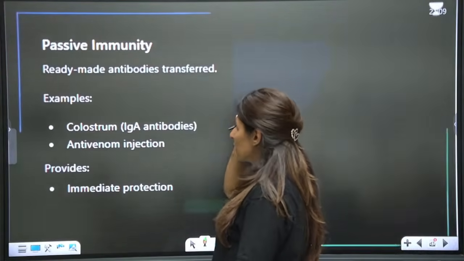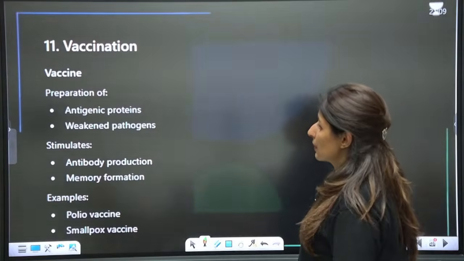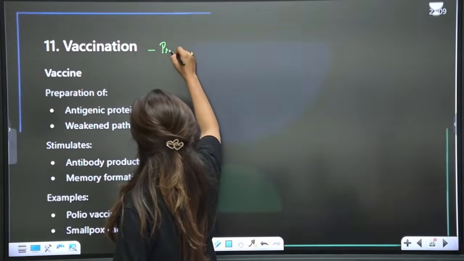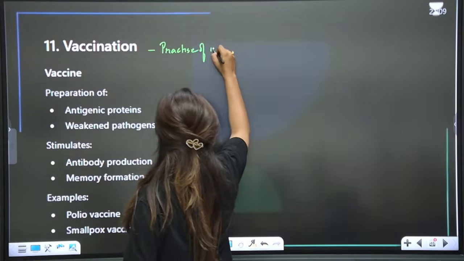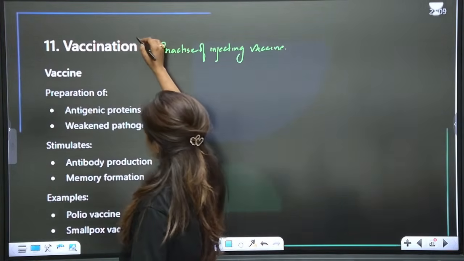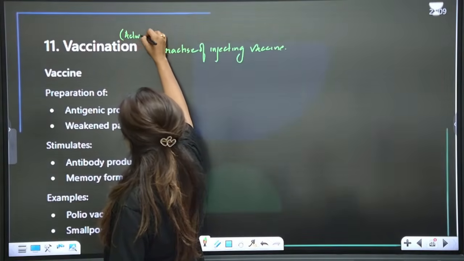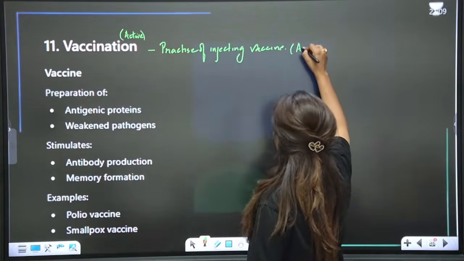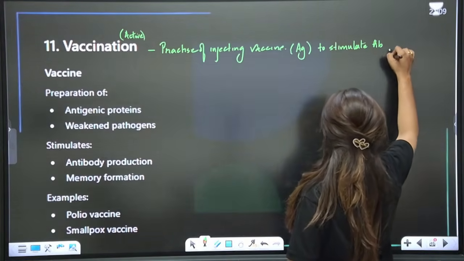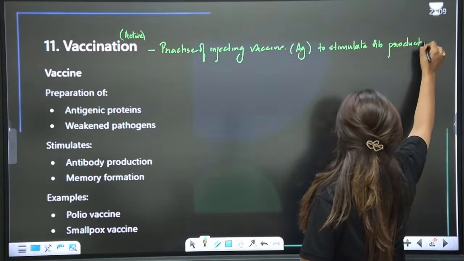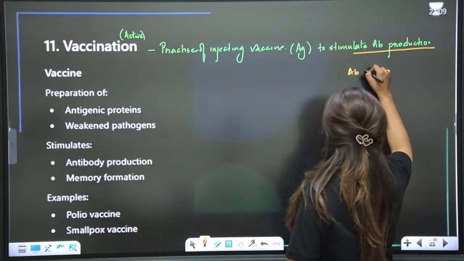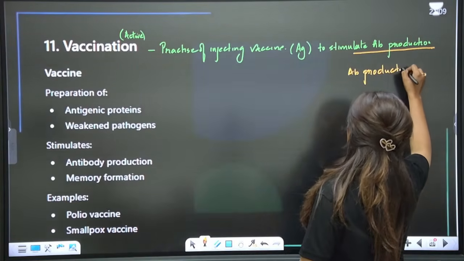So passive immunity, I've already discussed. Now talking about vaccination. What is vaccination? It is a practice of injecting the vaccine. And what do we have in the vaccine, guys? When we are talking about vaccination, we are actually talking about active vaccination. We are injecting the antigen to stimulate antibody production. Is that clear? And the antibody production that follows vaccination